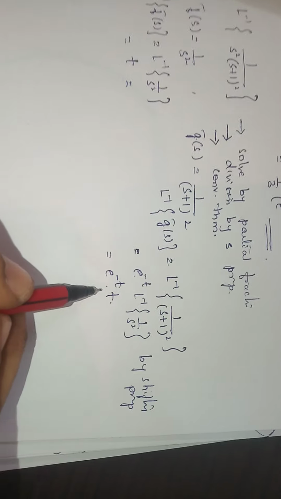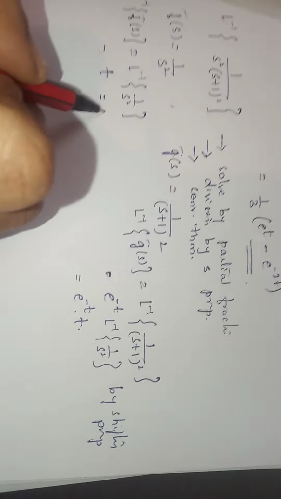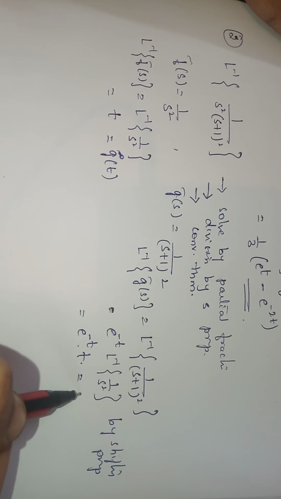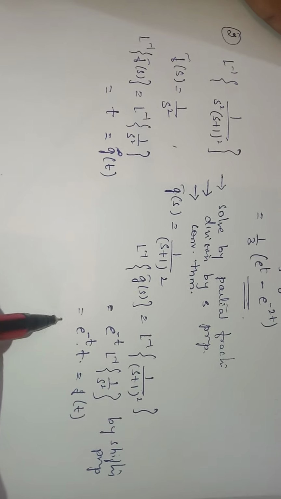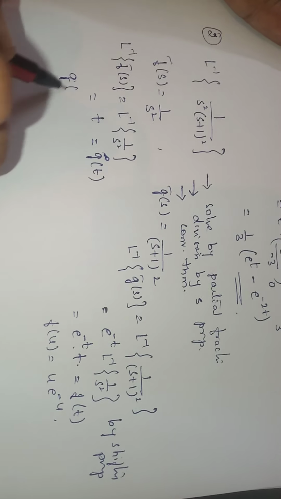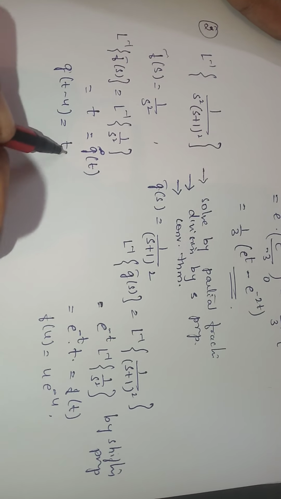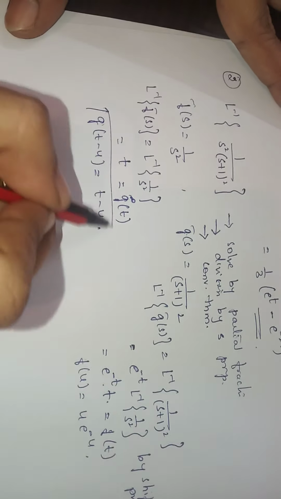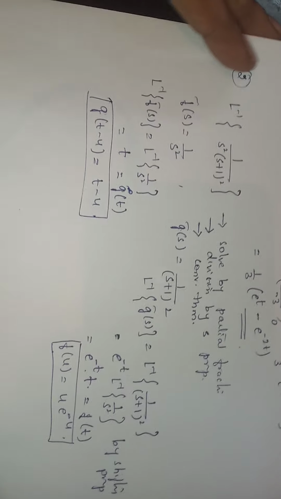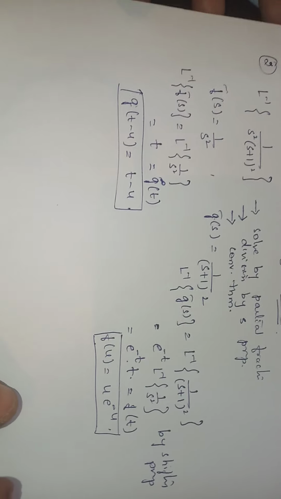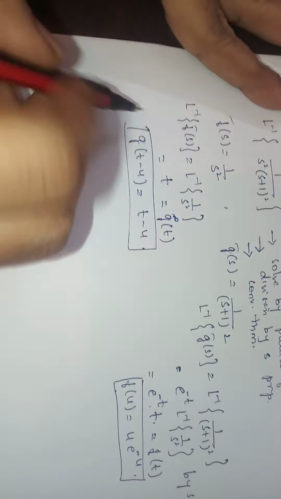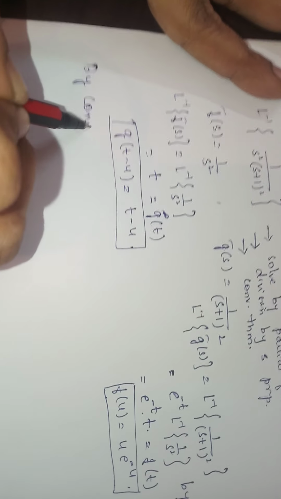Now you can see here you have two functions' product. So you can take this as your g of t and this as your f of t. So f of u will now become u into e to the power minus u and g of t minus u will become t minus u. Remember this now. Take the easy one as your second function and the tougher one as your first function. So by convolution theorem you have